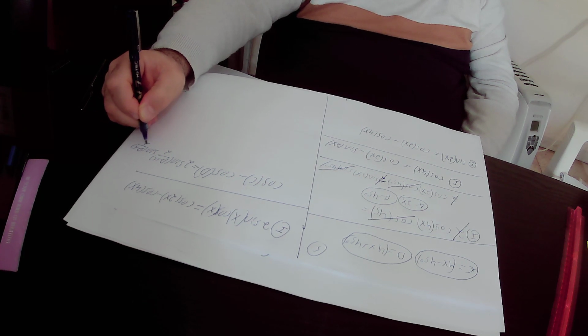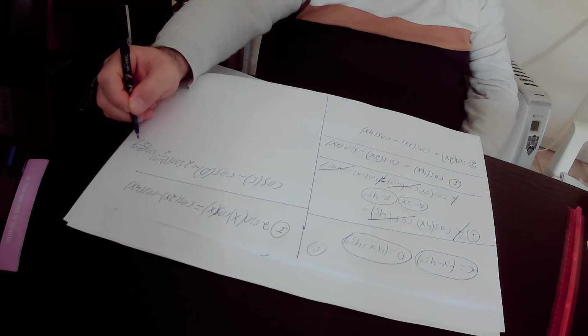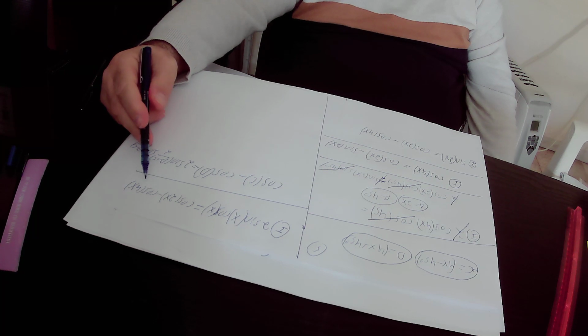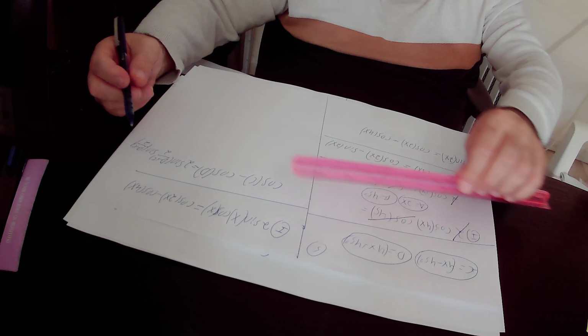So we will use this trigonometric identity in order to simplify cosine 2x minus cosine 4x, and we will get